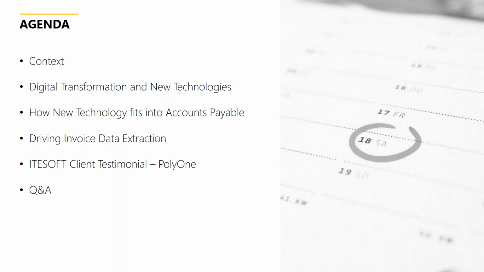Then we're going to look at digital transformation, where it's come from and, more importantly, where it's going, what sort of things we're talking about, and this is where we're really going to get into what is RPA, what is AI, etc., and then how that fits into the accounts payable, specifically finance, piece